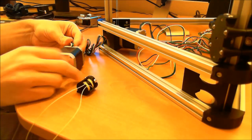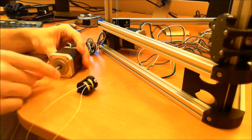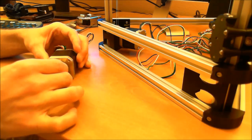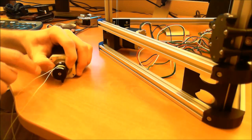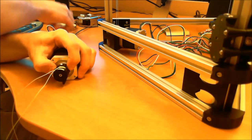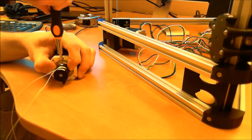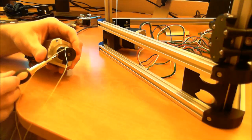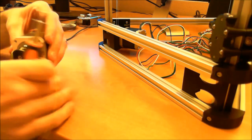I'm going to use the wires coming out of the top, and then rotate this until the flat spot is on the top also, and line that up with the spool so that the two little exits are on the top, and this screw is over the flat spot. So when I cinch it down, it locks into that flat spot. I leave a little bit of space in between, maybe 1/16 of an inch. So I'll tighten these, and then